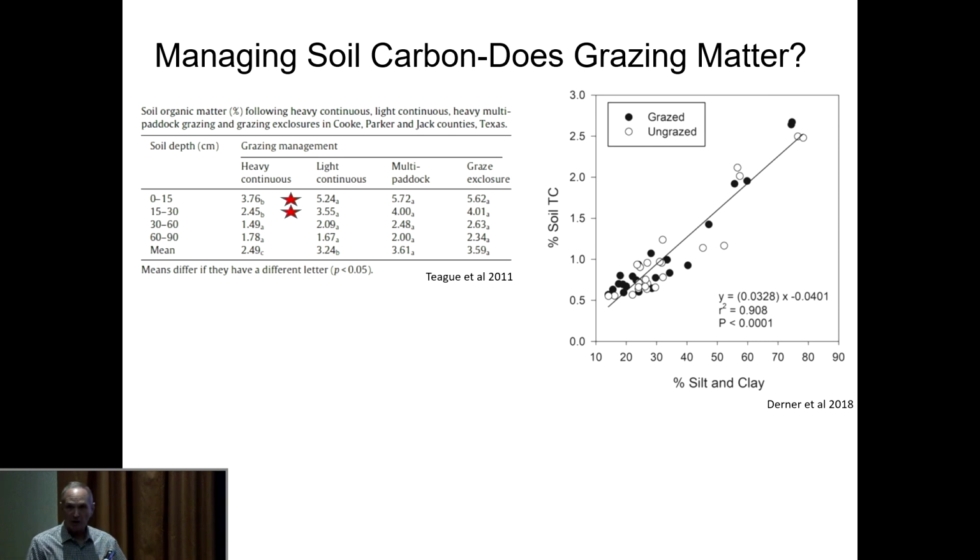This is an experiment that he did in northeast Texas. So 35, 40 inches of rain a year. And he looked at some areas that had been heavily grazed for 30 plus years, some areas that had been rotationally grazed for 30 plus years, and some areas that had just been moderately grazed using all these other practices for 30 plus years.